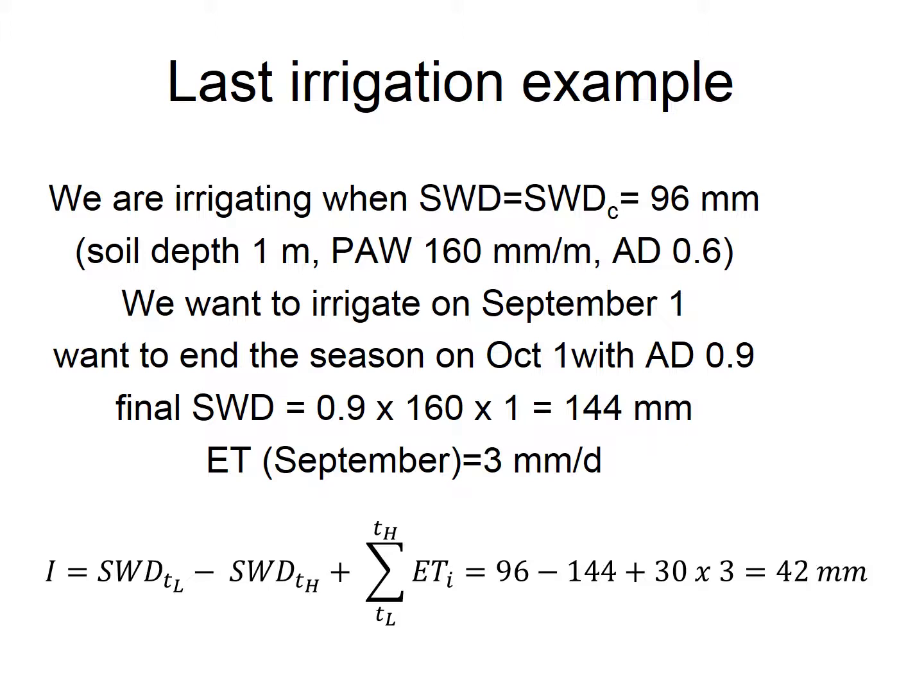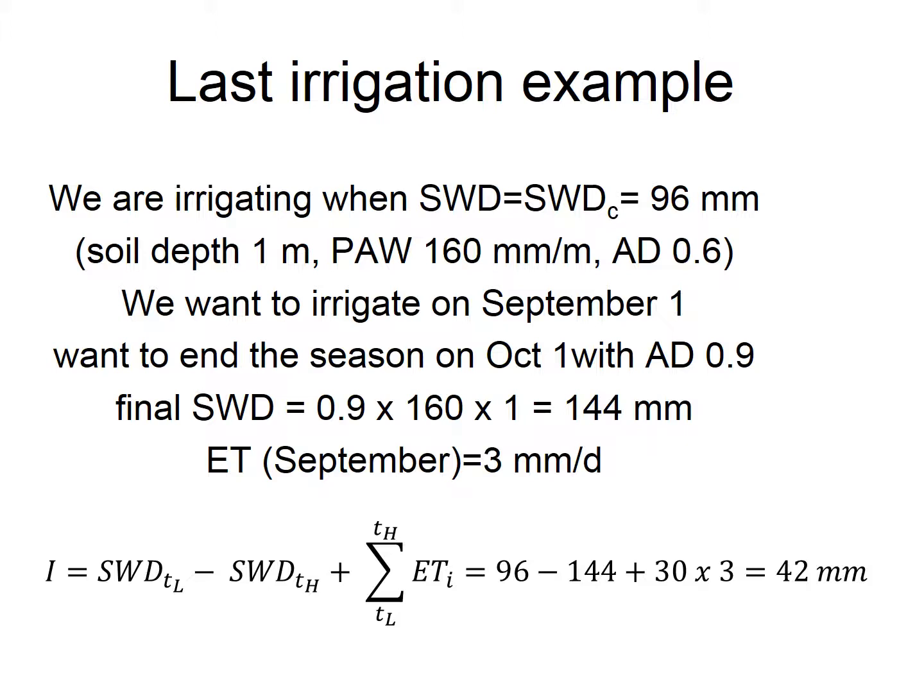We want to irrigate on September the 1st and want to end the season on October the 1st with allowable depletion of 0.9. The final soil water deficit should be therefore 0.9 multiplied by 160 multiplied by 1, that gives